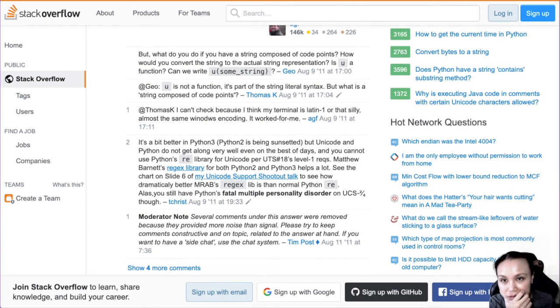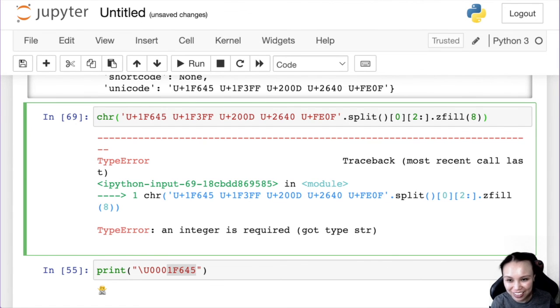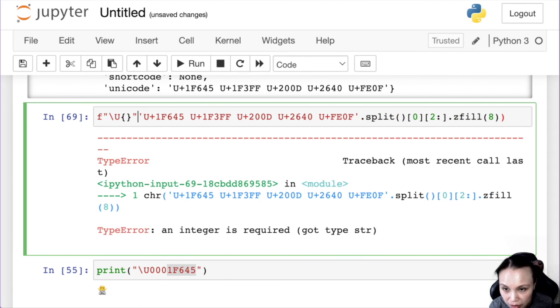Can I use f-string to do that? Like, it's getting more and more silly right now. Can I use it like an f-string? So I do an f and then that, and I think it would still say that I have a syntax error. Yeah, I can't do it like that. Is it?